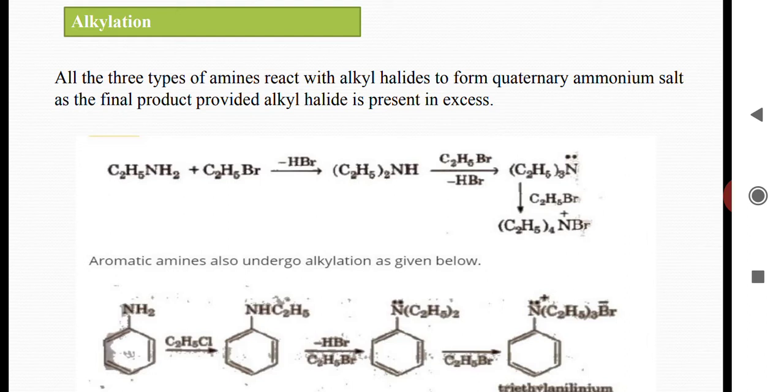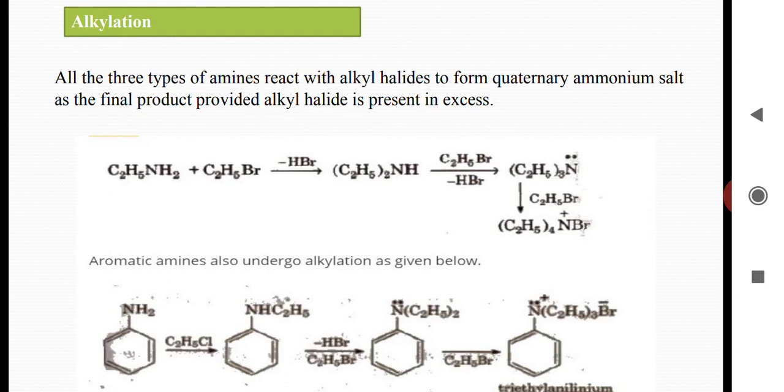Okay, so this way an alkyl group will be added to the amine, and this process is known as alkylation, right? Thus here a primary amine can be converted into secondary and tertiary amines, and finally into quaternary salts. For example, when treated with excess of ethyl bromide, ethylamine undergoes alkylation to produce a mixture of diethylamine, triethylamine, and tetraethylammonium bromide, that is a quaternary ammonium halide.